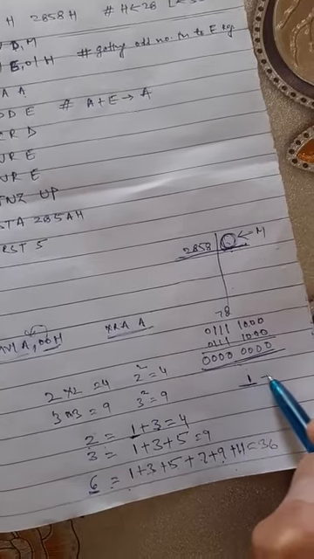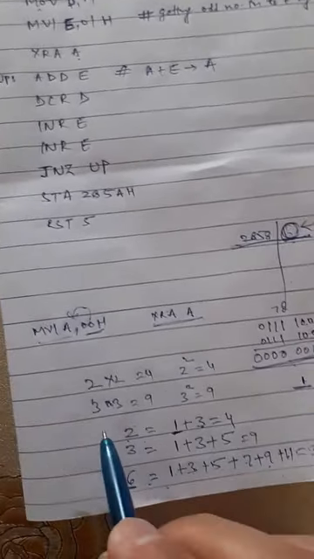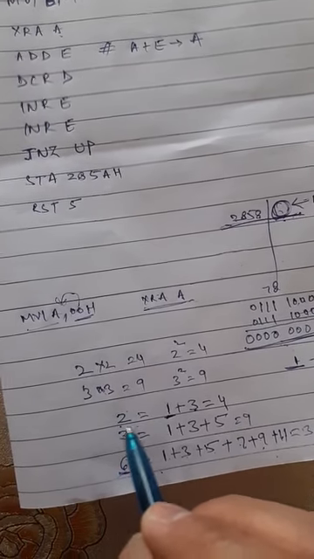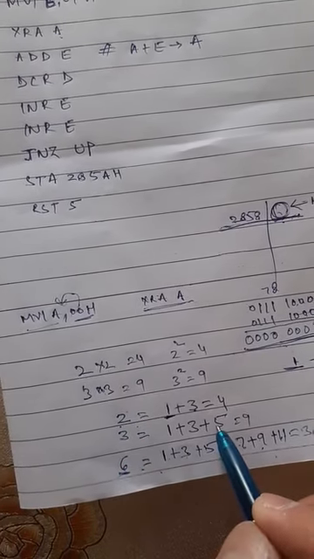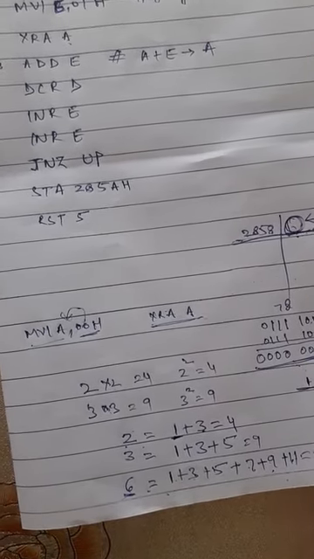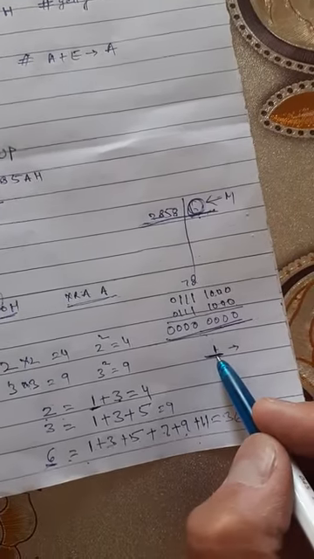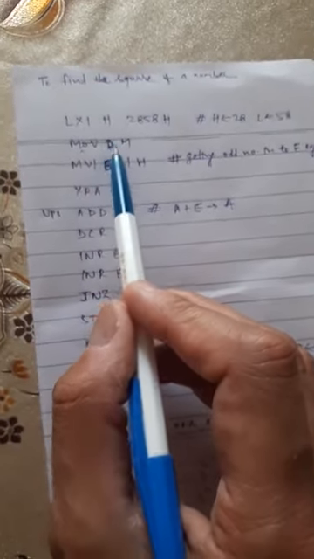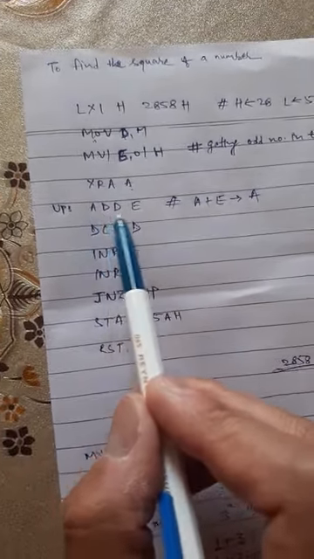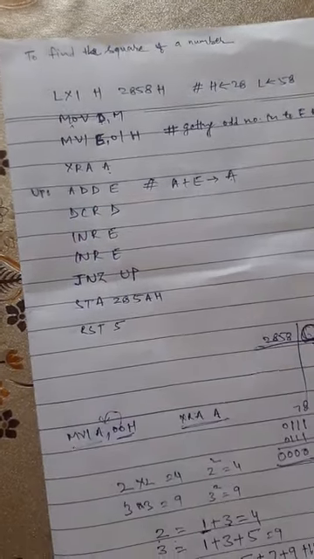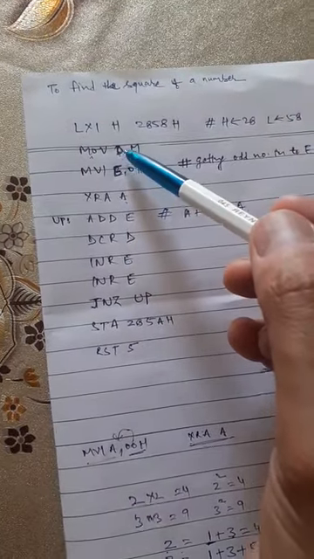That first odd number means, if I want to find out the square of 2, then I need to add 2 odd numbers. If I want to find out the square of 3, then I need to add 3 odd numbers. If I want to find out the square of n, then I need to add n odd numbers. So here I want to find out the square of 1, then I will need to add 1 odd number, that is 1. So if the value of the counter is 1, then our purpose is solved, that we have added 1 to this and that will be the square of that number. But the value could be any number.